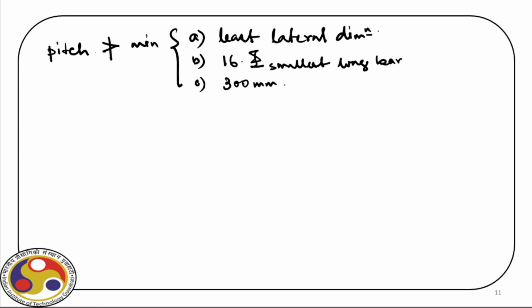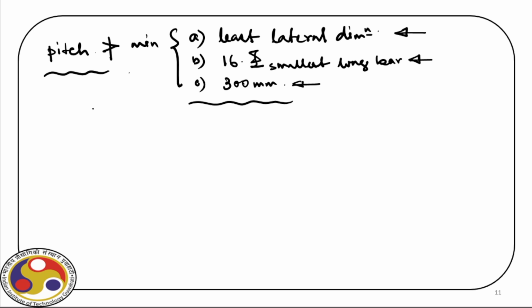Recall in case of beam design, we had this requirement for stirrups. Now for these lateral ties, this is the requirement. So we have to estimate these three parameters and then the minimum of that is the requirement for pitch